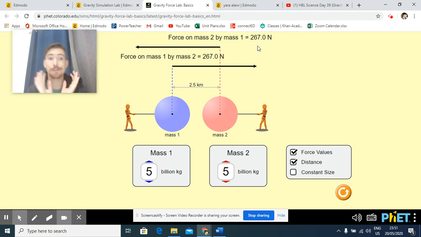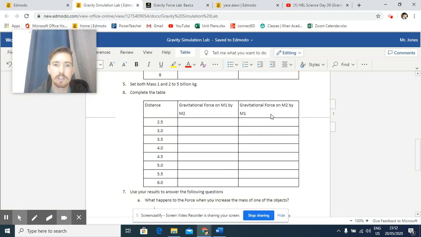Now, you may have noticed, maybe, I don't want to assume anything here, but you might have noticed that the force on mass 1 by mass 2 is always equal to the force on mass 2 by mass 1. So it's almost as if there's an equal force between these objects. But that would mean, no, can't be. No, can't be like that. No, too much, sorry. Anyway, we record the data, 267 newtons,